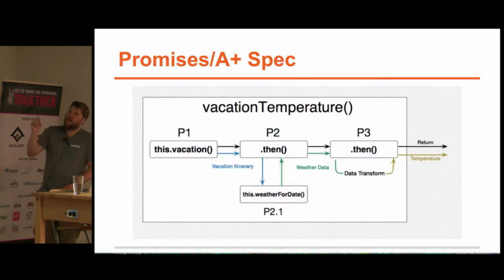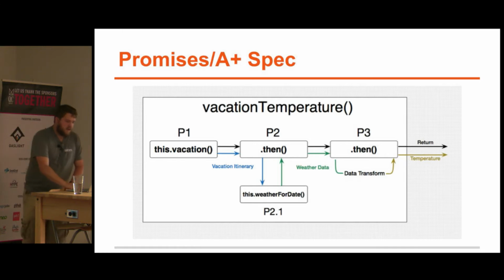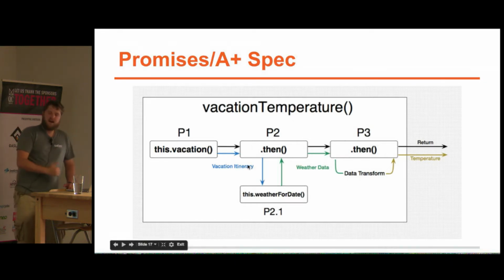And so for that, I have this slide, this flow chart, and this is actually diagramming what happens with a promise. And the black lines you see across the top are really kind of how you look at it pragmatically, but the blue, green, and yellow lines are how you kind of think about it procedurally in your head, or at least how I do, of how the data flows through. Oh, my cursor shows up, sweet.